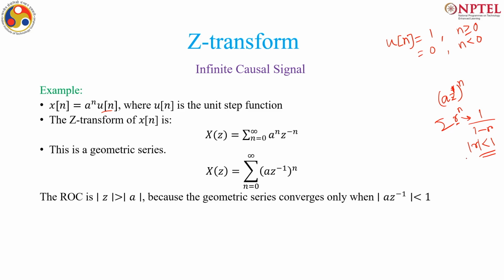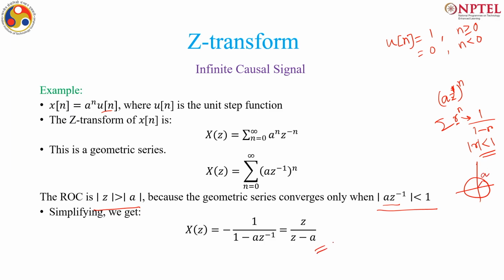So, here my r is a times z to the power minus 1. So, if its magnitude is less than 1, then only the sequence converges. If you simplify properly, mod z is greater than mod a, and this is nothing but the region outside the circle having radius a,